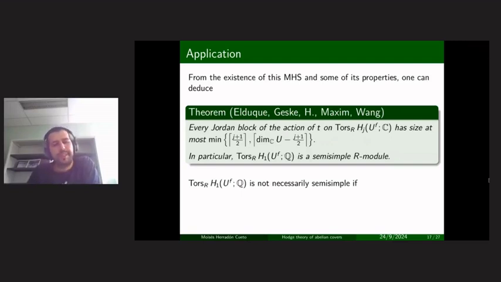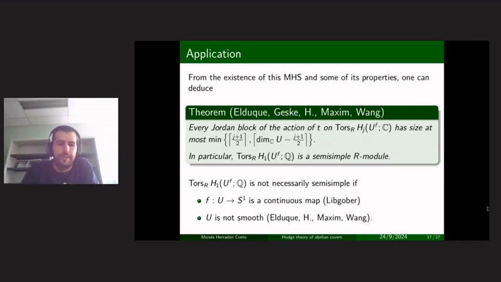There are some examples. Liv Gober gave an example real quickly after we asked. But his example does not come from algebra. So there's a variety where there's a cover, but it does not come from a matrix star. But it's true that it doesn't have to be semi-simple in that case. And then our group, we found an example, but again, it's not very satisfying because the variety is not smooth. And I would like to know, and even those are both for H1, which in the smooth case we know has to be semi-simple.